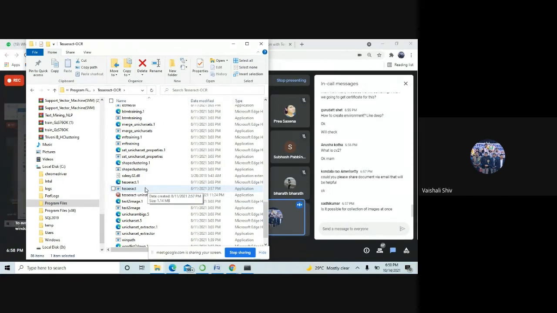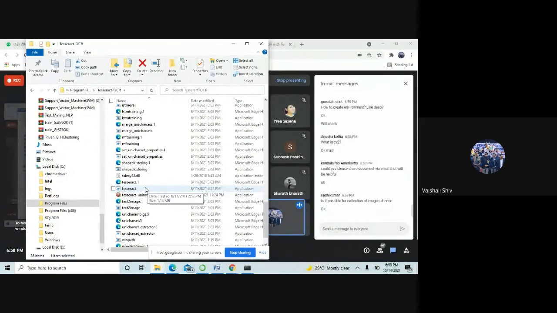Every time you have to provide the path for the image. Many companies, instead of using neural networks, are using this kind of open source library. Within a certain lines of code you can easily extract the text. So just remember this thing, test act.